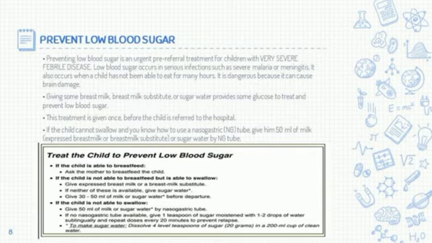If the child cannot swallow and you know how to use a nasogastric tube, give him 50 ml of milk. It can be expressed breast milk or breast milk substitute or sugar water by NG tube. But if the child is able to breastfeed, ask the mother to breastfeed the child. To make sugar water, just dissolve 4 level teaspoons of sugar in a 200 ml cup of clean water. This treatment is applicable for patients with very severe febrile disease and complicated severe acute malnutrition and as well as